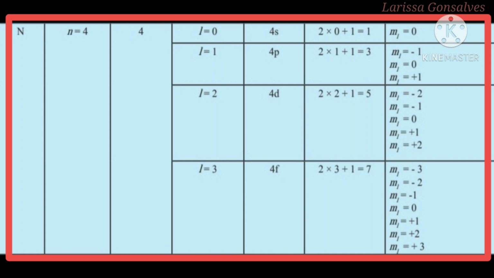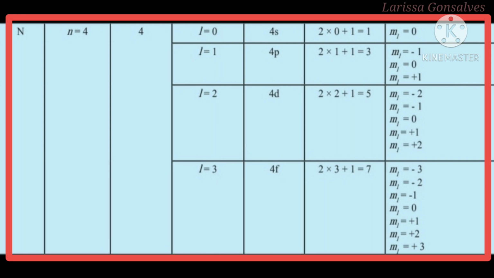For the N shell, the principal quantum number n is equal to 4. So, here we are going to have 4 subshells. So, the azimuthal quantum number will have 4 values, that is L is equal to 0, L is equal to 1, L is equal to 2 and L is equal to 3. The same pattern follows. We know for S subshell, the azimuthal quantum number is equal to 0. When L is equal to 1, it corresponds to P. When L is equal to 2, it corresponds to D. And L is equal to 3 corresponds to the F subshell. The reason for writing 4S, 4P, 4D and 4F here is the principal quantum number, which corresponds to a value of 4.